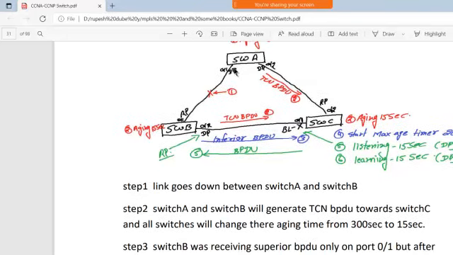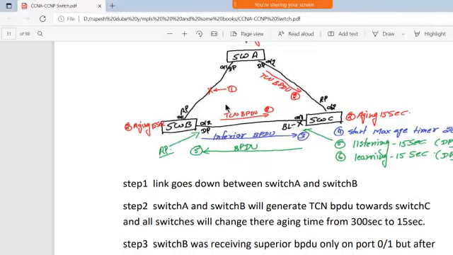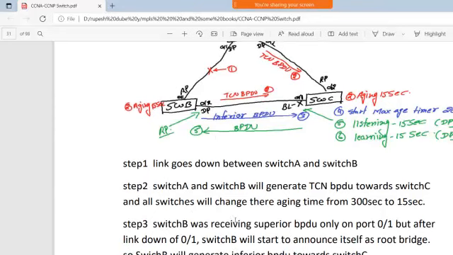That is why the root bridge always sends the superior BPDU. But after the link goes down, switch B is not able to receive any superior BPDU coming from the root bridge, right?